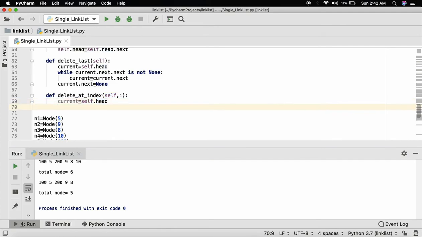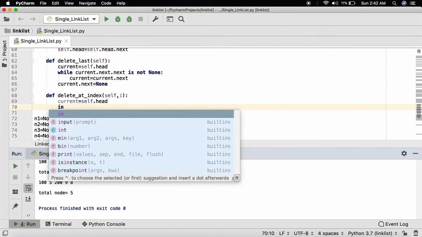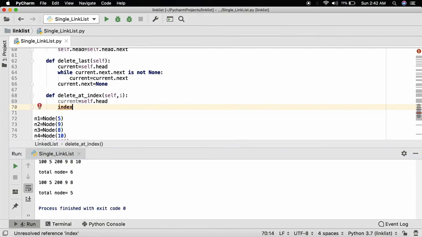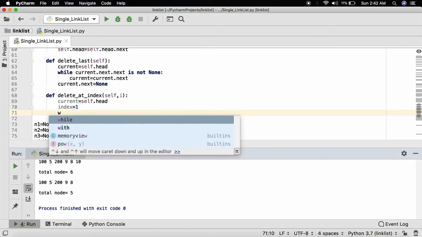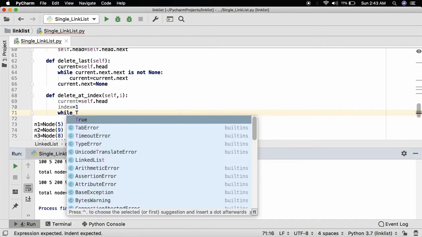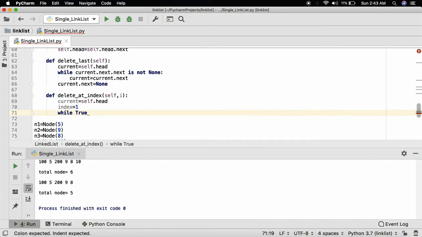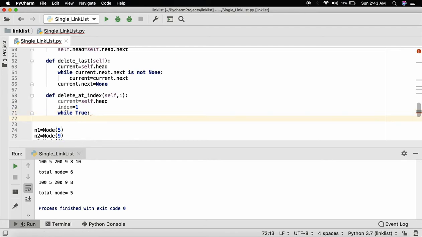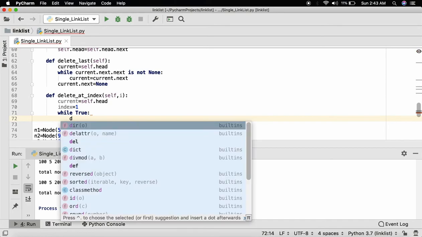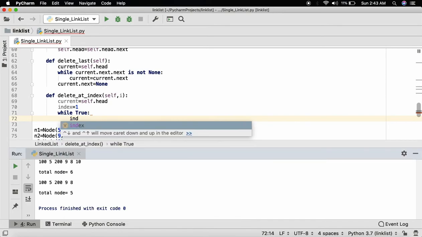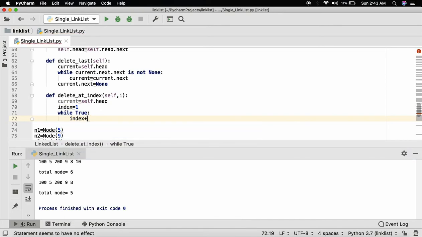And suppose I am taking one variable index equal to 1 to count the index values. Now I will iterate the whole list. So while True, and initially I am adding the index, and I am checking